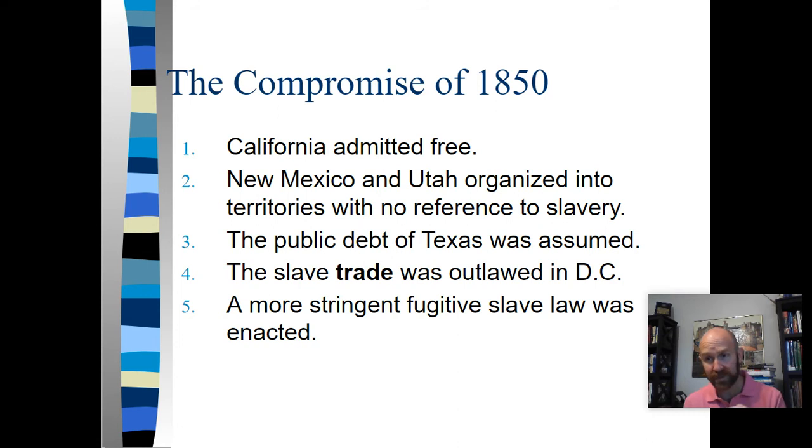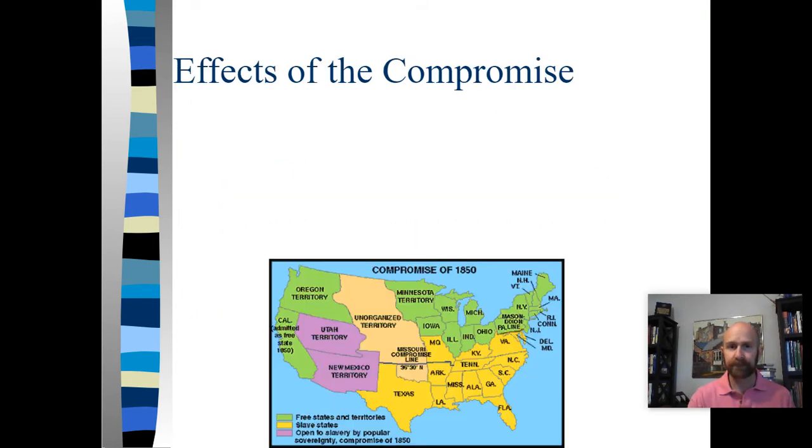This is important because when the South leaves, they're going to say, we tried to compromise. We passed the fugitive slave law. This was a legally passed thing in a democracy, and the North refused to enforce it, because most areas in the North are just going to refuse to enforce the fugitive slave law. And the South's going to say, we tried to get along, but you didn't follow through on your promises. And so we're going to have to go do our own thing.